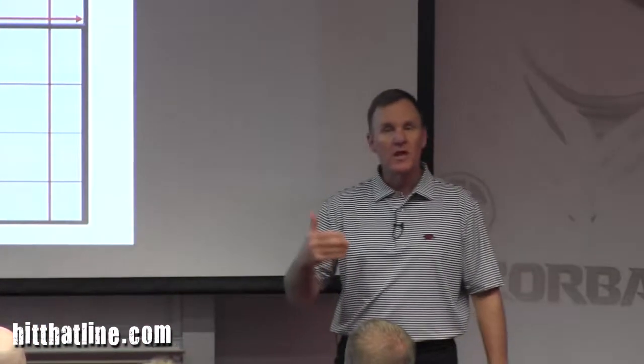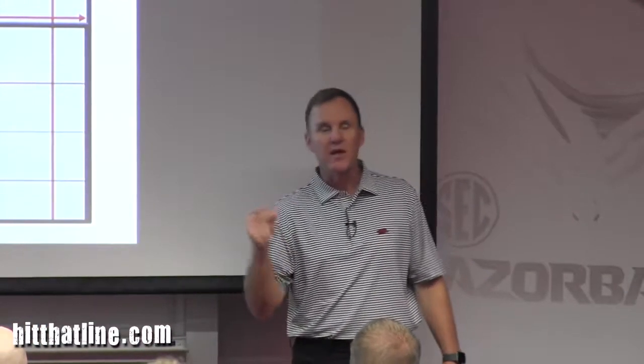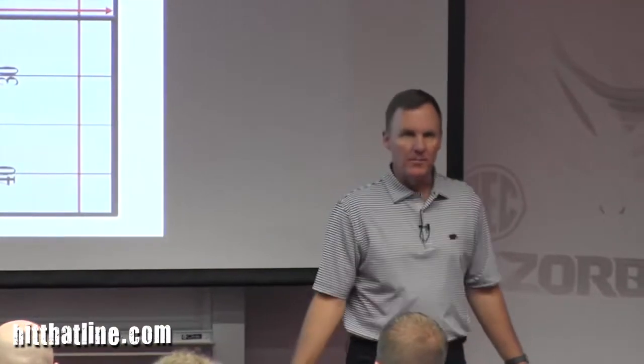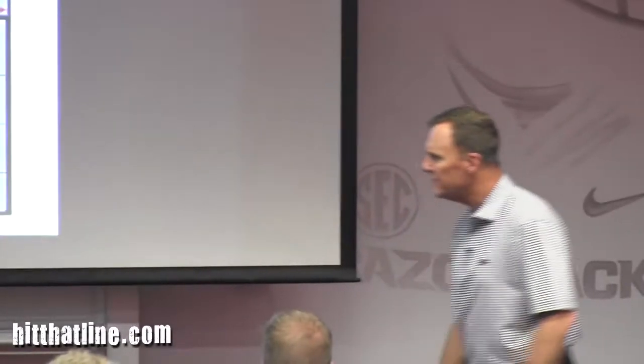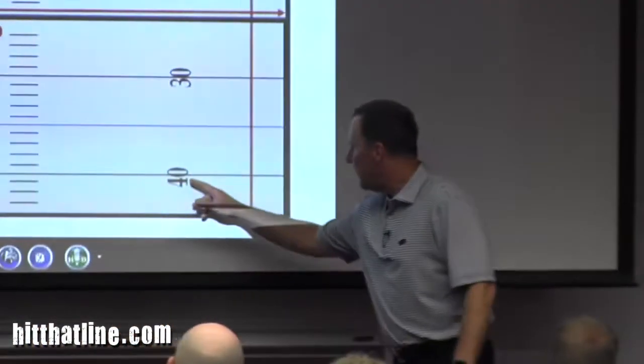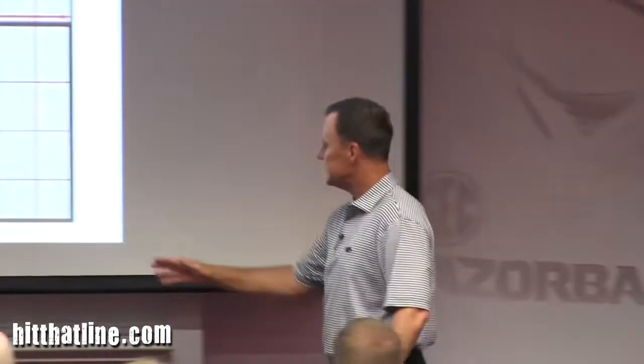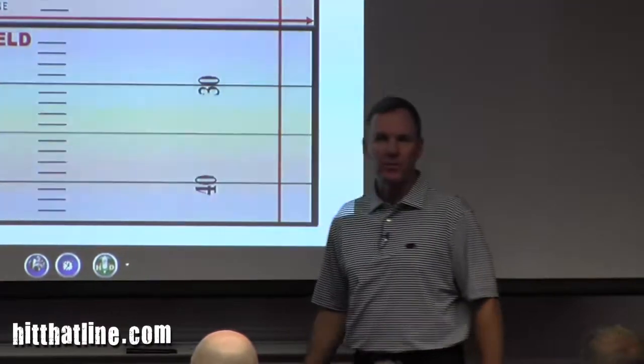Some of our receivers will line up below the numbers. Hey, on this play, you're below the numbers. That means you're at the bottom of that number, okay? So if I say, hey, we're lining up -1 below the numbers, then he knows immediately that I am 1 yard below the bottom of that number. Hey, I need you +2 above the numbers. What does that mean? That means I've got to be at the top of the numbers and line up +2